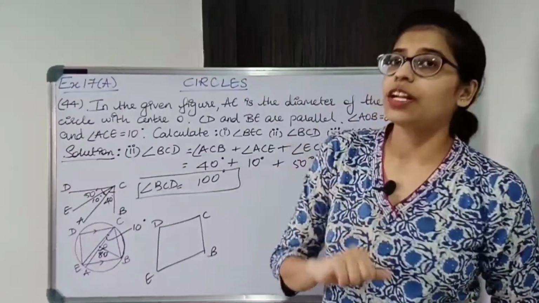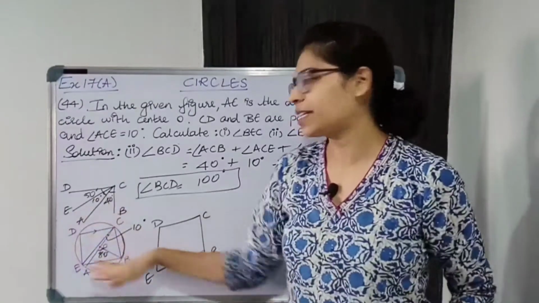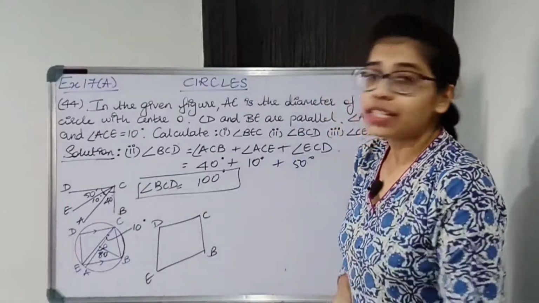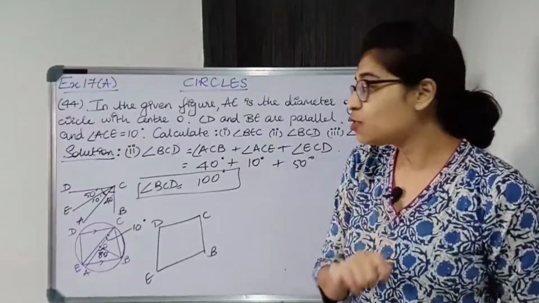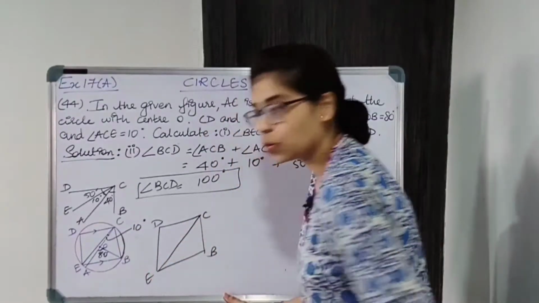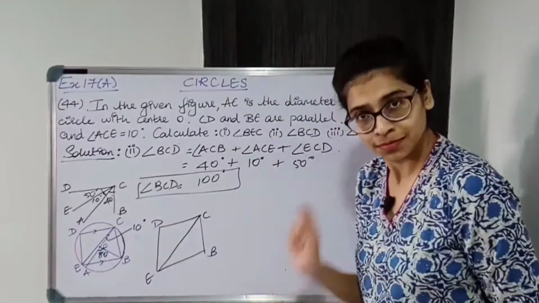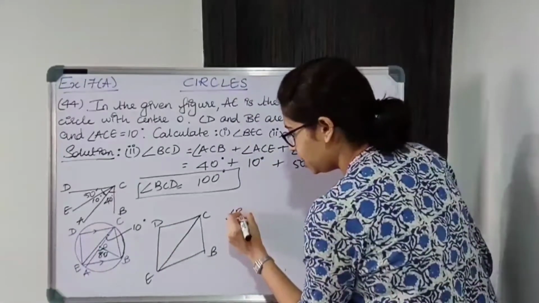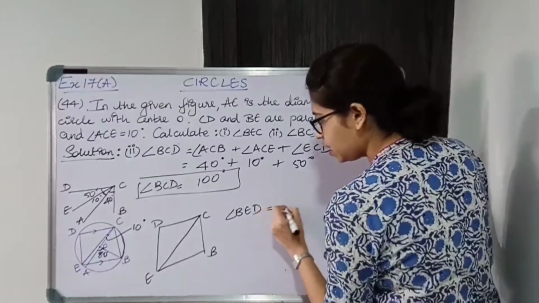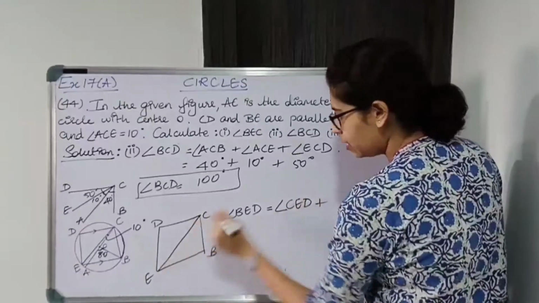Now cyclic quadrilateral का property क्या है? Opposite angles are supplementary. Another one is exterior angle. There is no exterior angle drawn over here. Okay, so that is not required. Opposite angles are supplementary. Now I need to find angle CED. Okay, so CED is a part of angle BED. Okay, angle BED. Okay, उसका part है angle CED. It is angle CED plus angle BEC.